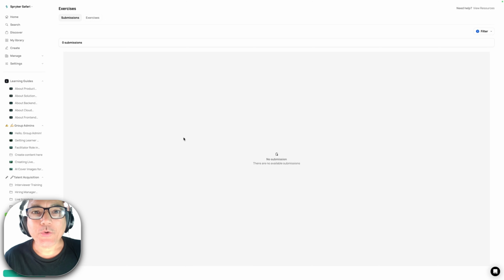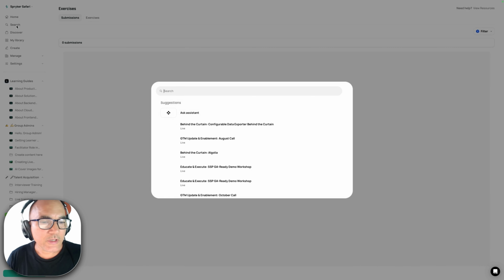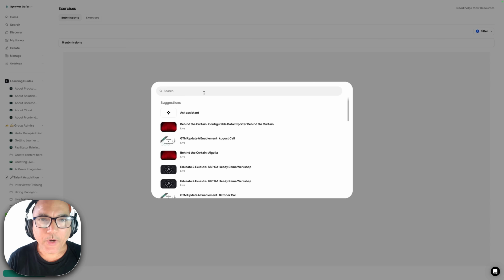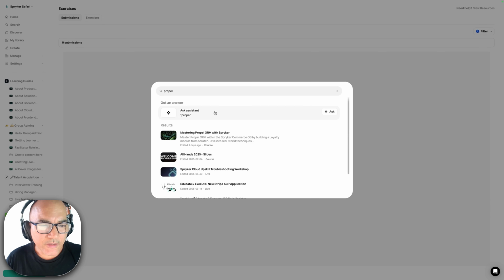I would like to show you how to find information and how to generate code by using Safari's learning platform here in Spryker. So you can go to Safari and you can click in search. And let's suppose that you're interested in using Propel in Spryker. So you just type Propel and you can see that you have different results like this course that I already